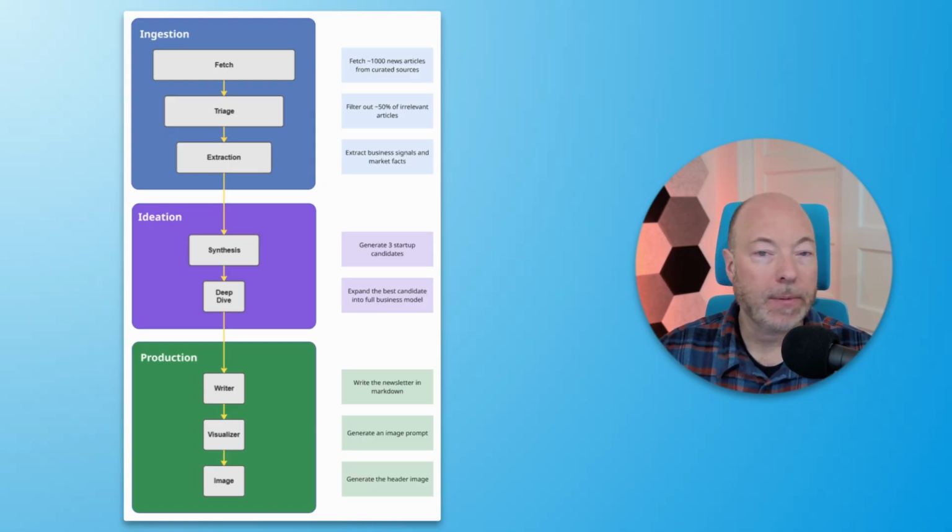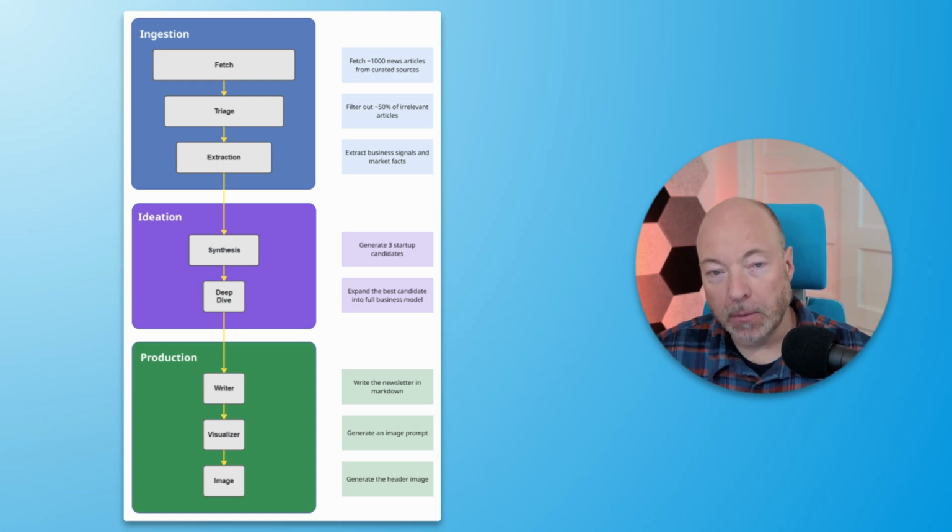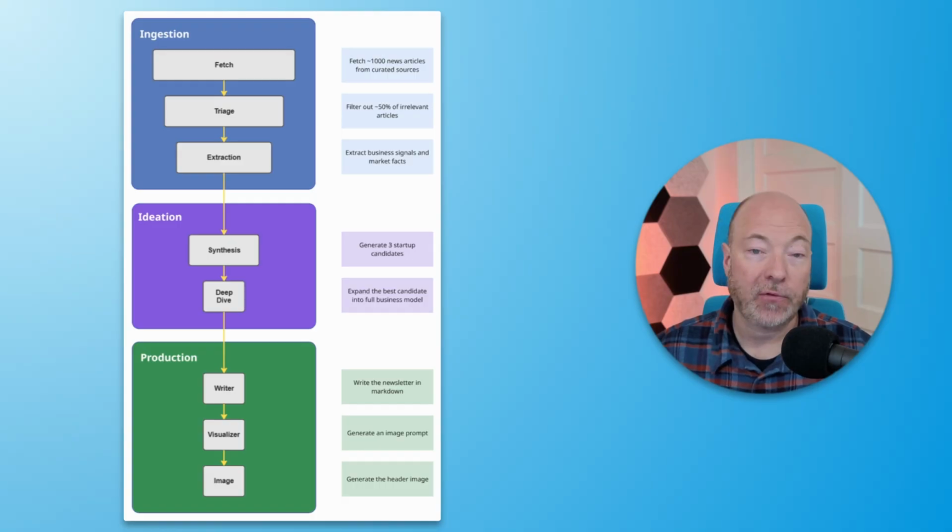You've probably used image generators like Nano Banana, Midjourney, or DALL-E, so this will be familiar to you. One key difference is that we need to generate both the actual image prompt and then the image itself. And that's why it's broken up into two steps here, the visualizer, where we generate the image prompt, and then